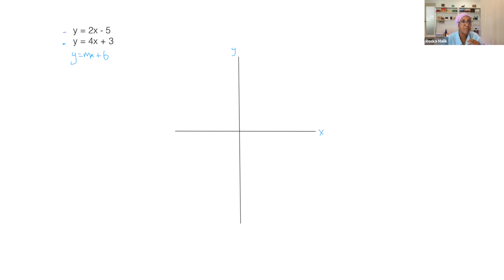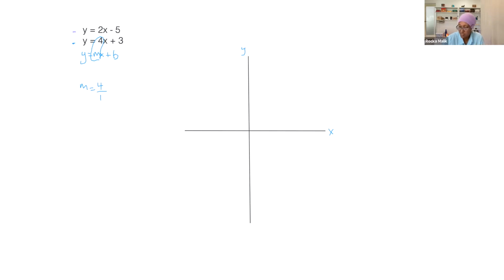So for this equation, my slope is here. My slope is 4 over 1. So am I driving uphill or downhill? Uphill because my slope is positive. And then this b, it's just a b because I can't use another y. And I don't want to use a letter that you would usually see in an equation. So that's why they use b. It's some random letter that you hardly ever see in equations. So b is